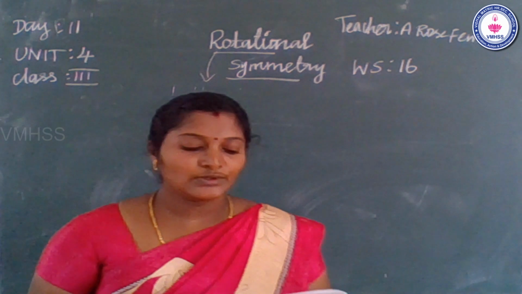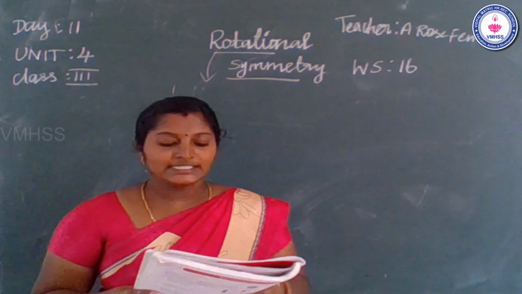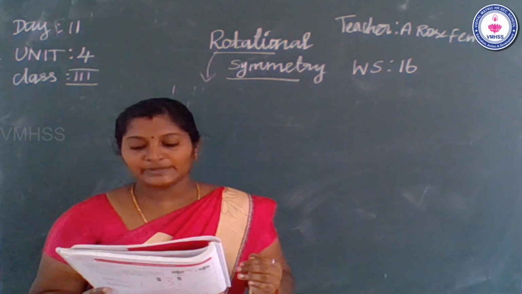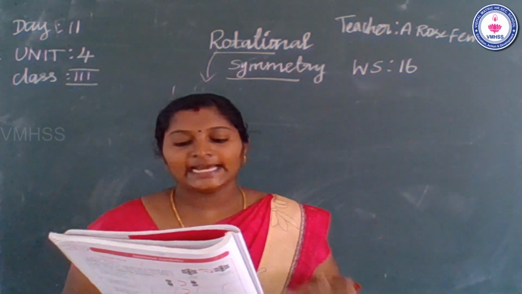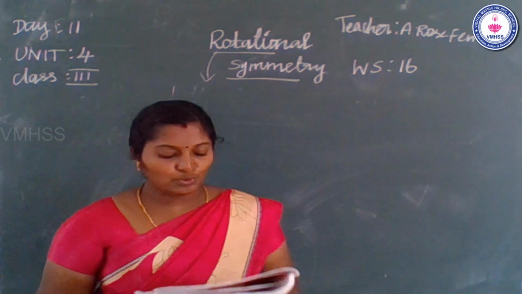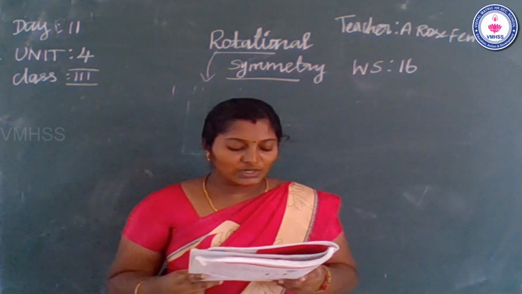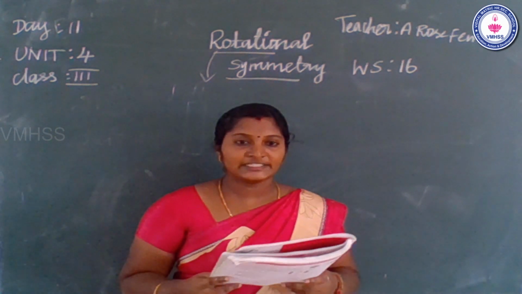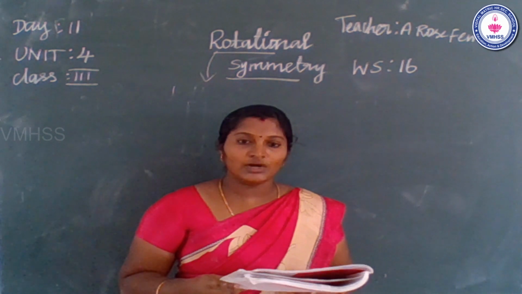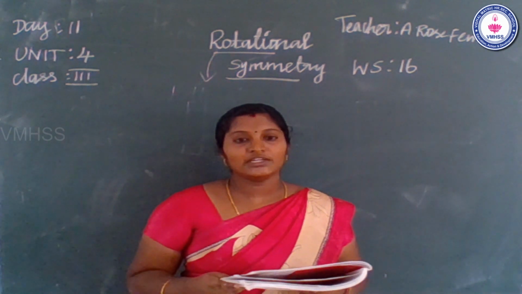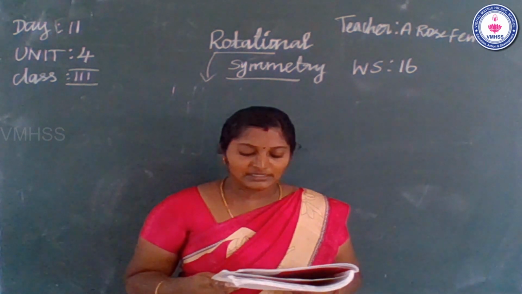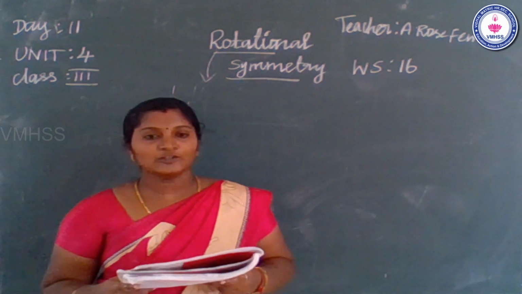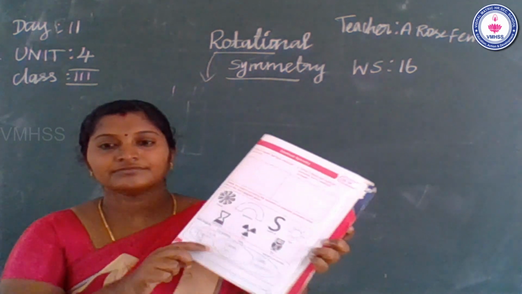Okay, students, so now we go to identify. So which one is line symmetry or rotational symmetry? So write them in the diagram below. Okay, ma? So see some examples. So what is the first one? So flower. Okay, so the first picture is a flower. So second one, semicircle. Third one, letter S. Okay, so third one is letter S.